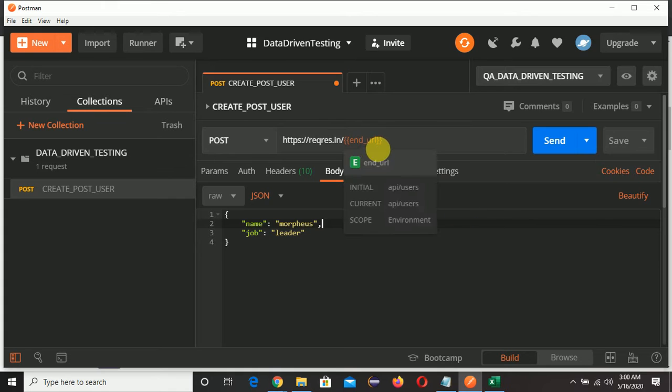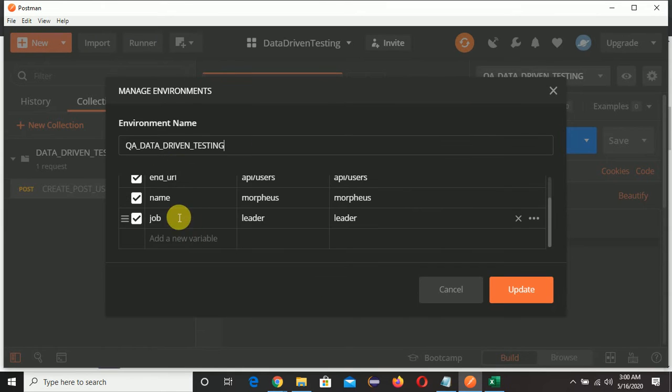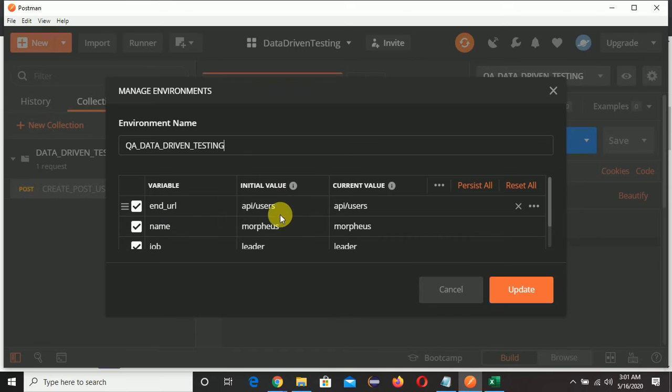You can see here, it means it is referring to the environment level, right? Now the same thing you need to do here also. Open curly braces, close curly braces, name, and open curly braces, job. Now all these three variables are referring here, like this key value pair, right?